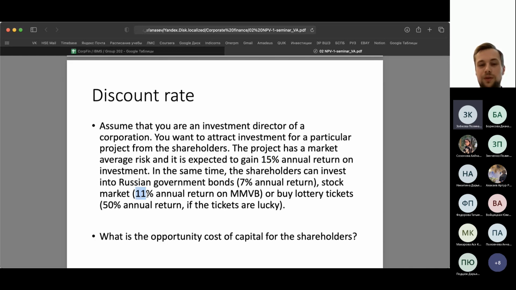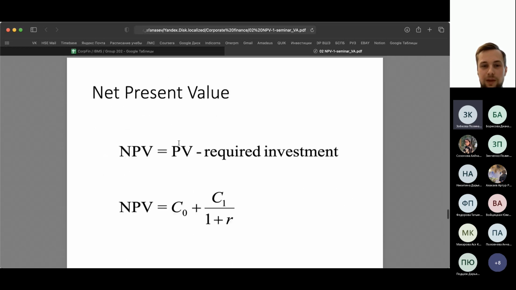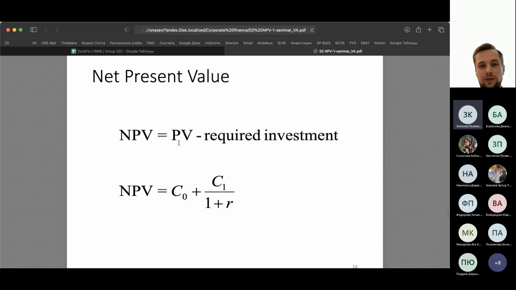So it's the opportunity cost of capital, the opportunity interest rate, the interest rate of alternative investment. And when you calculate the net present value, you are going to estimate